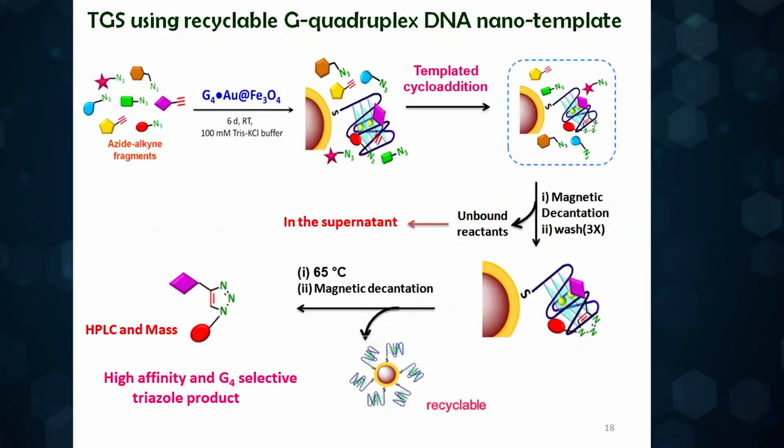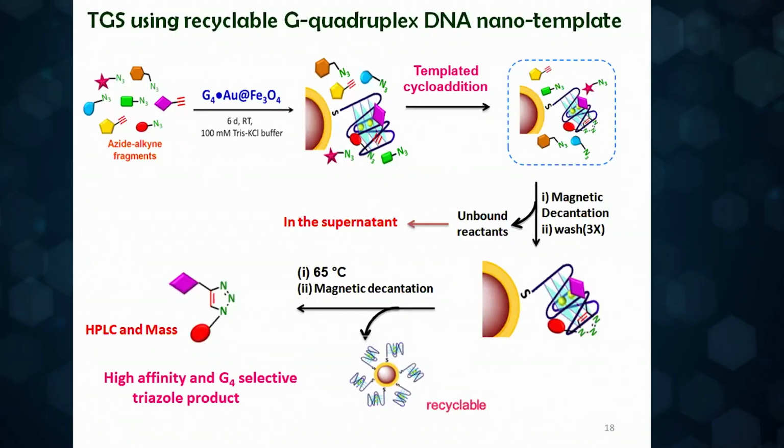The unreacted starting materials remained in the supernatant. The ligand-bound nanotemplate was then heated to release the triazole products, which were characterized by HPLC and mass spectrometry. Quite significantly, the DNA nanotemplate could be recovered by magnetic separation and could also be reused up to 6 reaction